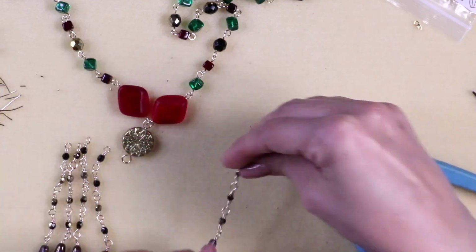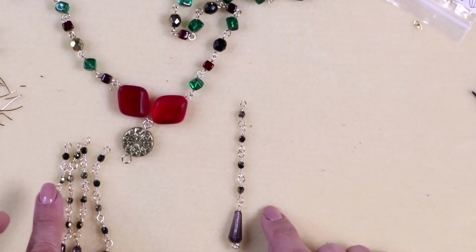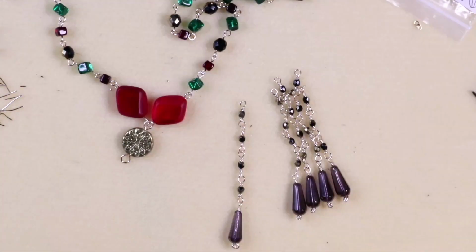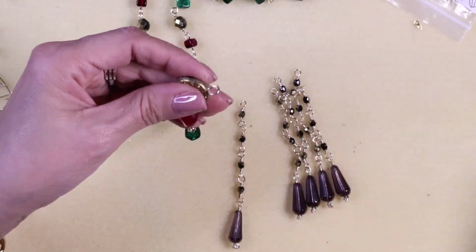Tuck that in, and now we have that. I made 4 of these tassels, and as the magic of camera, the rest are done. Woo. And then what we're going to do is open this